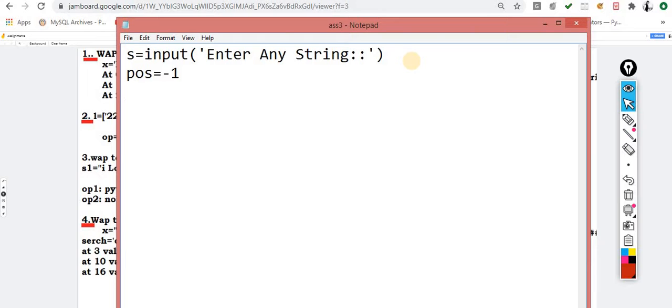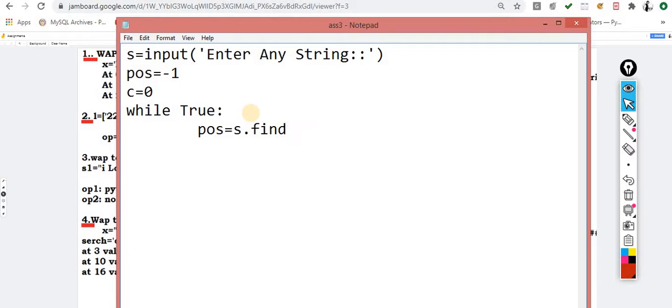Just let me write this code and then I will explain. Position is equal to -1. While true, the counter c is equal to 0. While true, position is equal to, the method is s dot find.